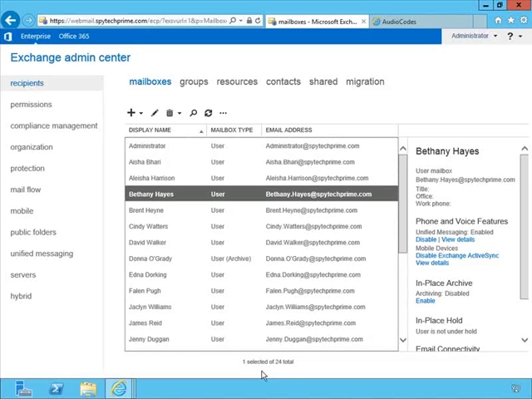Okay, so you didn't think we were going to go before we actually proved that this thing worked, right? Using the AudioCodes Voice over IP gateway, we have 2 phone lines that are set up, one for Alicia, one for Bethany. So what we're going to do is demonstrate a call from Alicia over to Bethany, and what we'll do is we'll check Bethany's mailbox and see how it transcribed and how it worked. And then we'll also sign into Bethany's account through Outlook Voice Access,